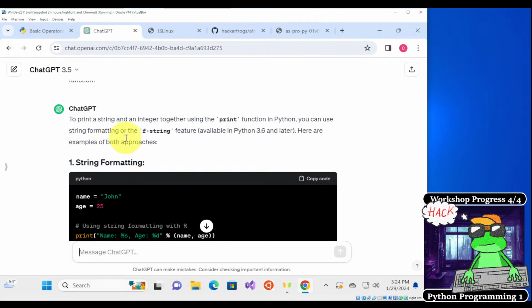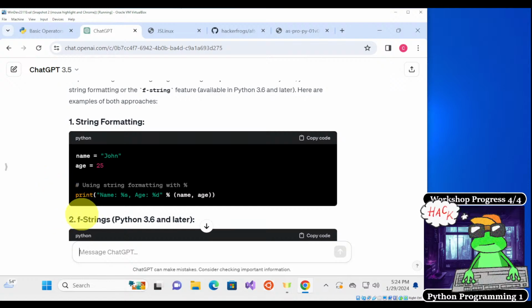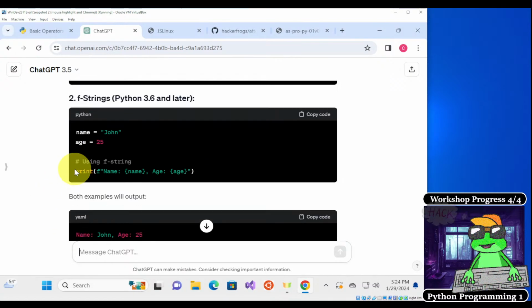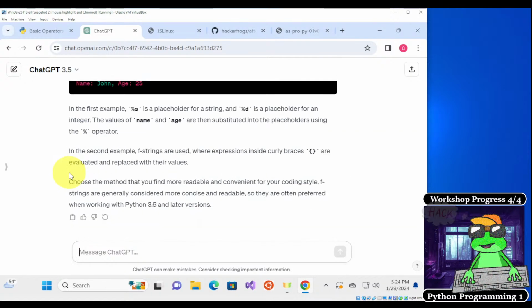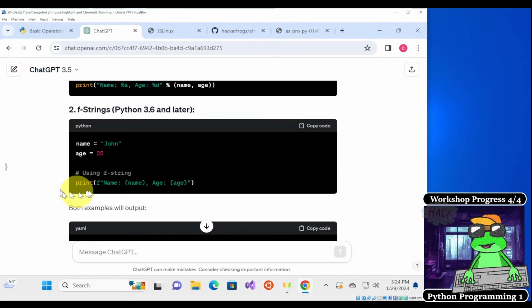Okay, to print a string and an integer together with the print function, you can use the string formatting or fstring feature. Oh, that's interesting. So we can use this method right here, or this one. Huh, it didn't use my method.